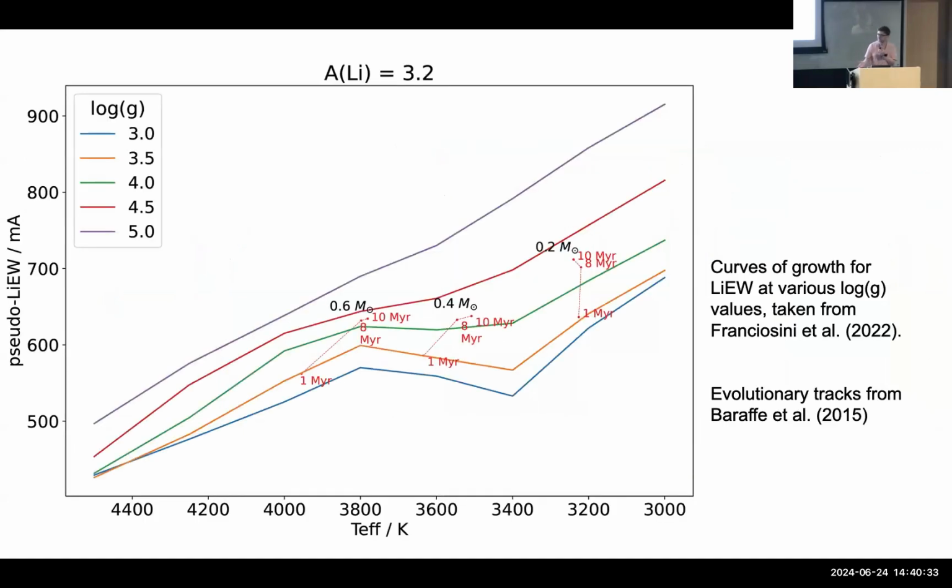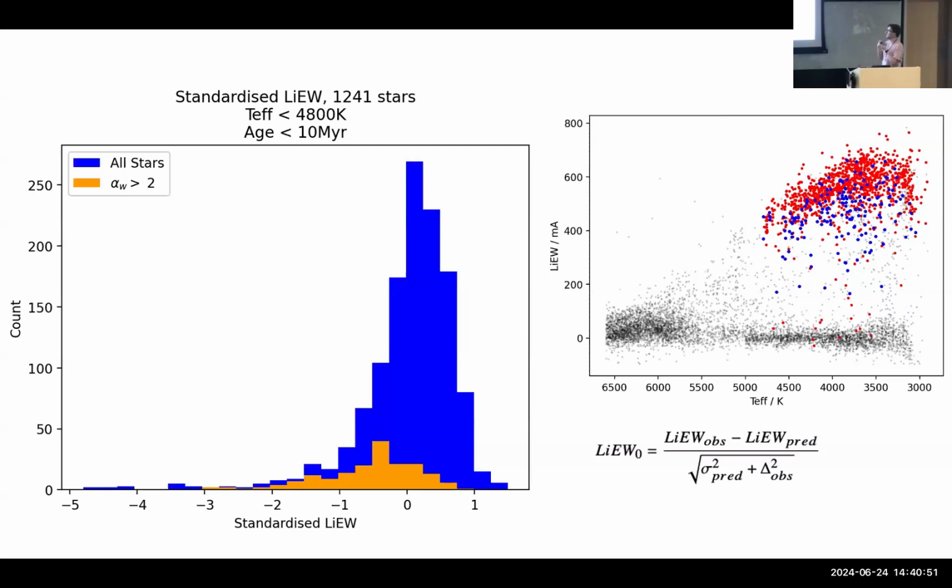But the major two that we've come up with that do seem to provide a reasonable astrophysical explanation for these are the evolutionary tracks, where we are contracting and increasing pressure broadening in that PMS phase, and that's increasing the lithium equivalent width despite the abundance being fixed. And then, as I say, accretion disks, which we do seem to see in our training data. So in the plot on the right here, we've got those accretors with a Gaia alpha W greater than 2 in blue, and the rest of our stars in red. So there is a reasonable explanation for that if it is inherent in the data.